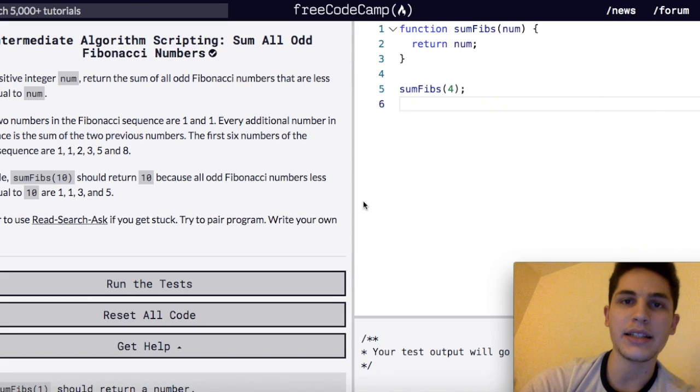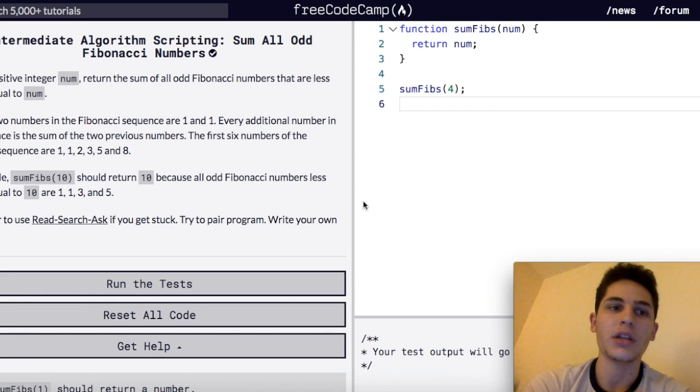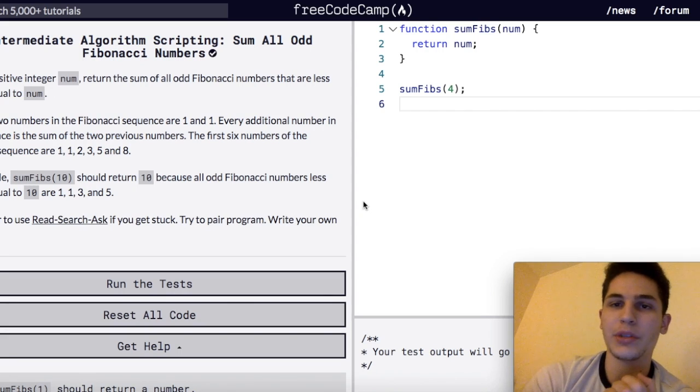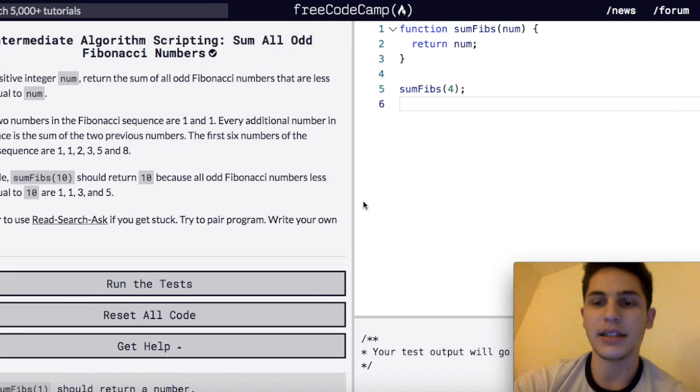Hello, my name is Joshua Fernandez, and today I am solving freeCodeCamp's intermediate algorithms problem, sum all odd Fibonacci numbers. For this problem, we are given a positive integer, num, and we have to return the sum of all odd Fibonacci numbers that are less than or equal to num. Okay, so for example, here